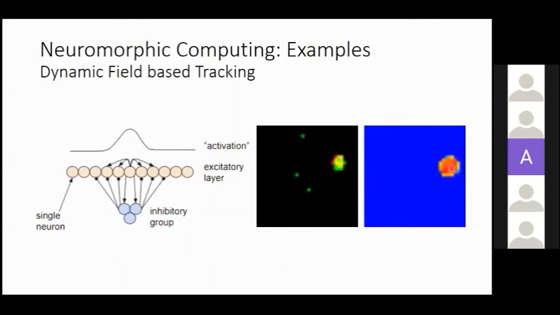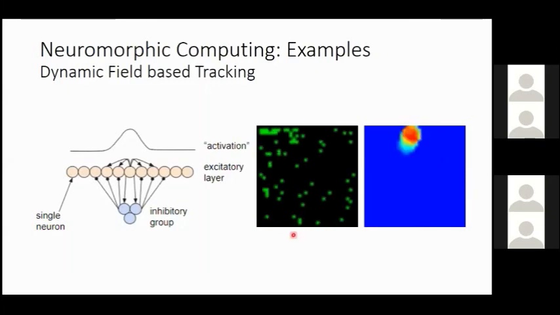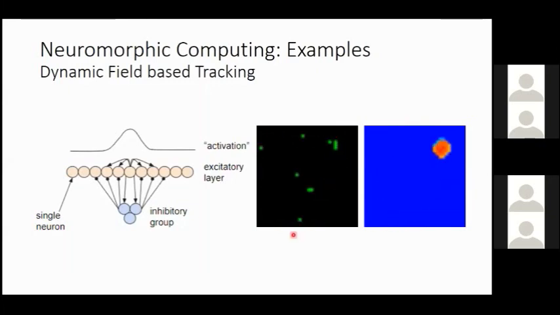So this is another example. Here, this black plot, the black bar, is the input of a DVS camera, and what you're seeing is an intensity, but it's very noisy, right? Using the idea of dynamic field tracking, which is the idea of lateral inhibition,